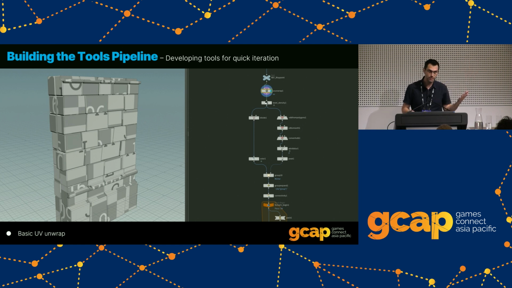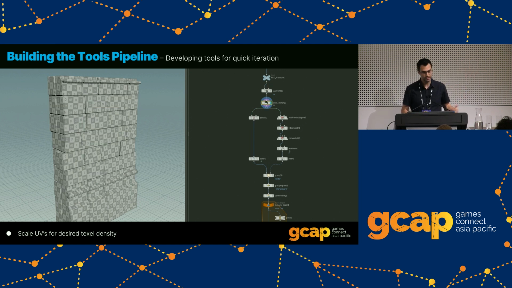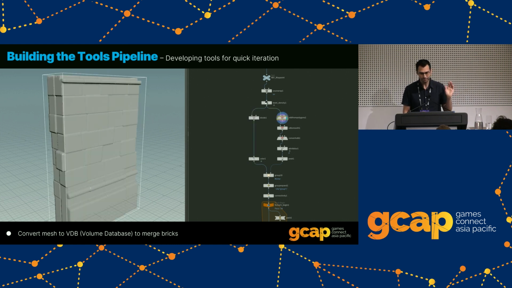And then the next most important thing is getting the correct texel density. So you go, okay, texel density, great, done. Then we want to subdivide it, just because points are resolution. And then we make a blur. And then on the other side, because we're working on the mortar, we're going to turn this into a VDB,